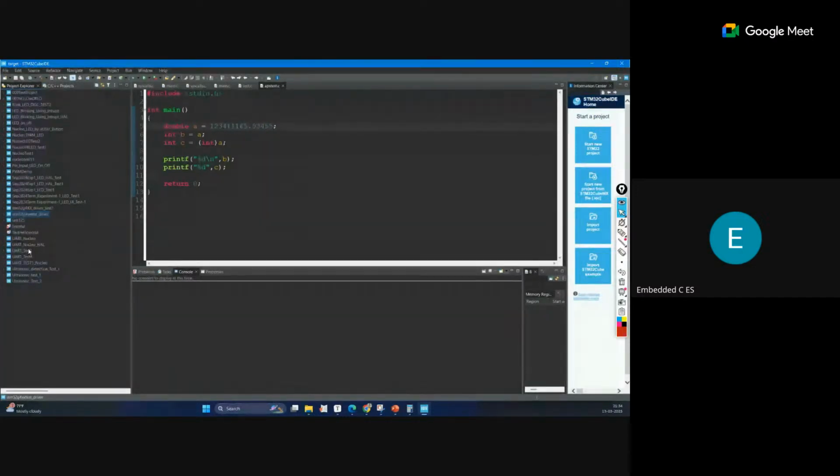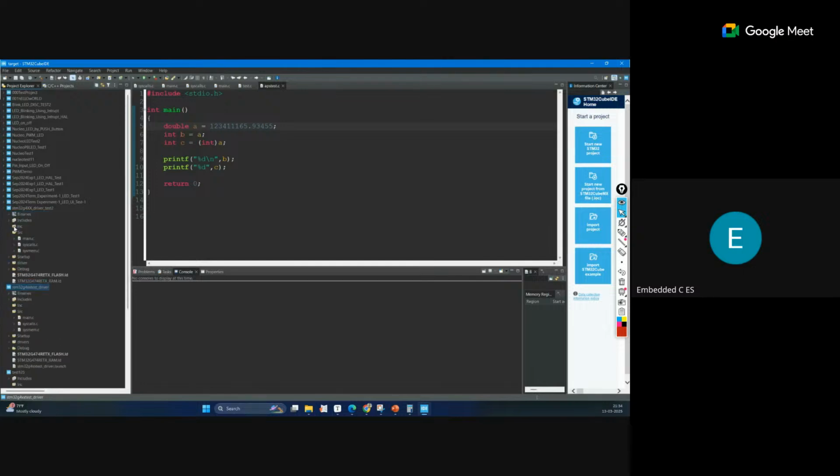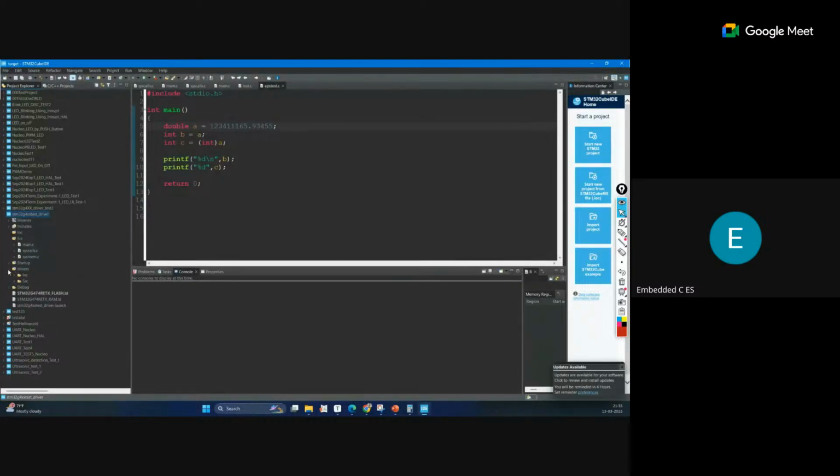Let me open this one. Driver, okay, driver, include, source.